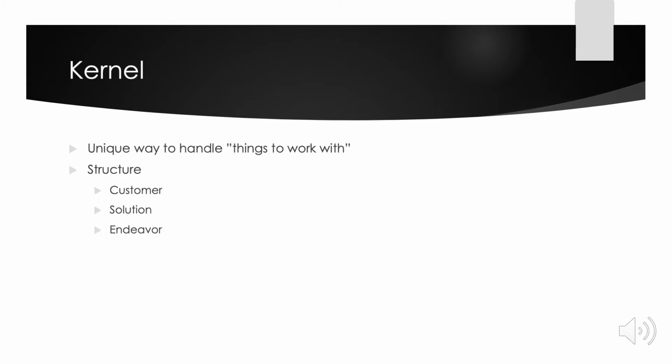It has a structure of three. It includes customer, solution, and endeavor. They have their own colors on the cards, so you can visualize it better if you have the cards to use from Essence. The customer is always wanting something, so you are bringing them a solution, which is usually the software, and the endeavor is the area of concern containing everything related to the development team and the way they approach the work. And the element of the kernel is the language, which I already talked about.